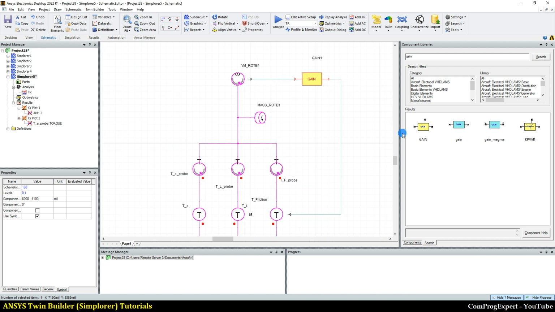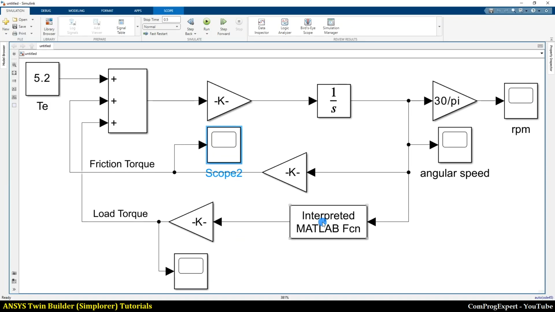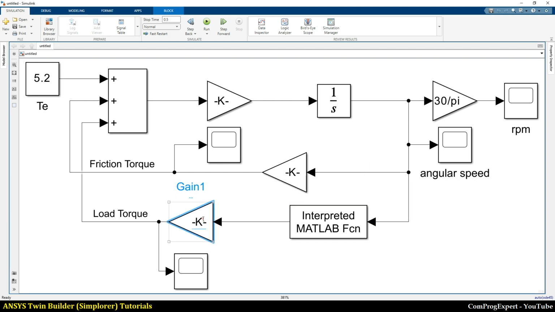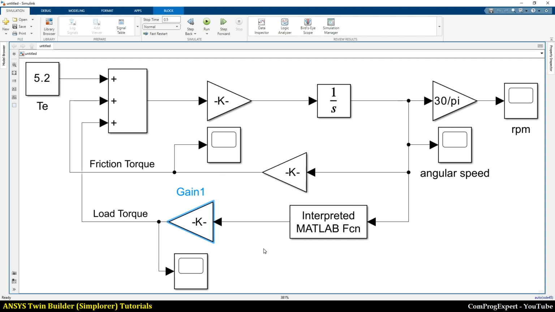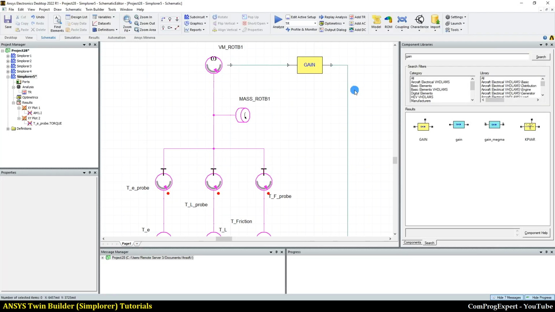And for calculation of the load torque, here I consider this MATLAB function, speed to the power 2 times this gain. So I copy this number and here I add this gain,